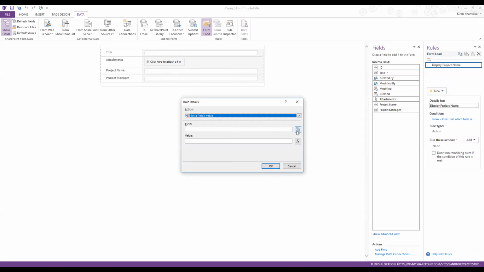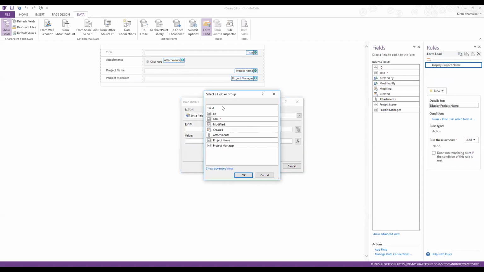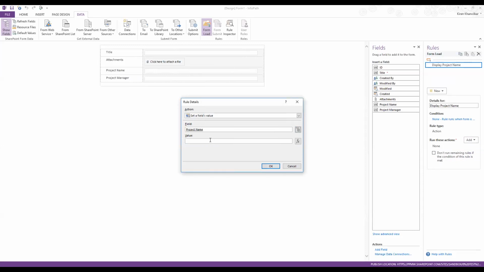So we want to set the value for the project name, right? So from the field, I'll select the project name, click on OK. And what value do we want to set it to? We want to set it to a value which is available in the data source. So click on this button,